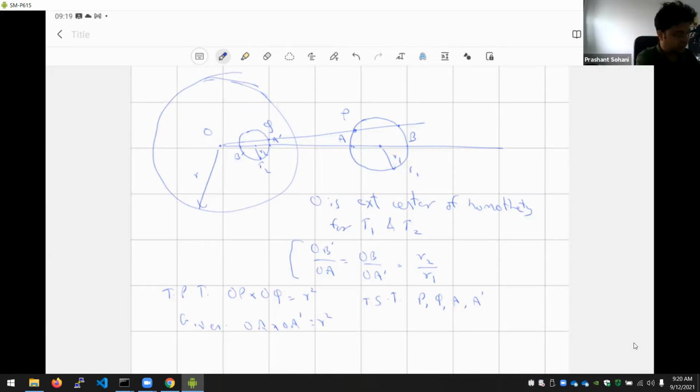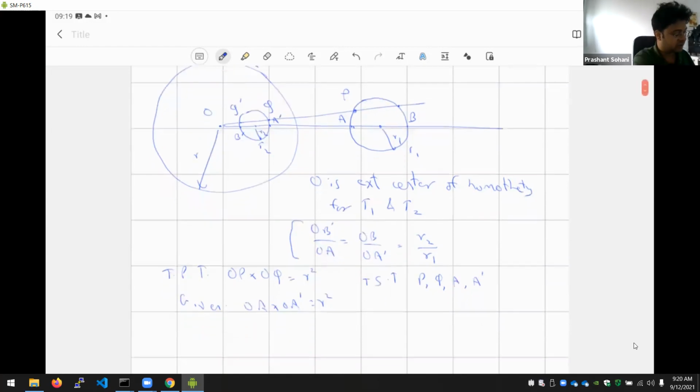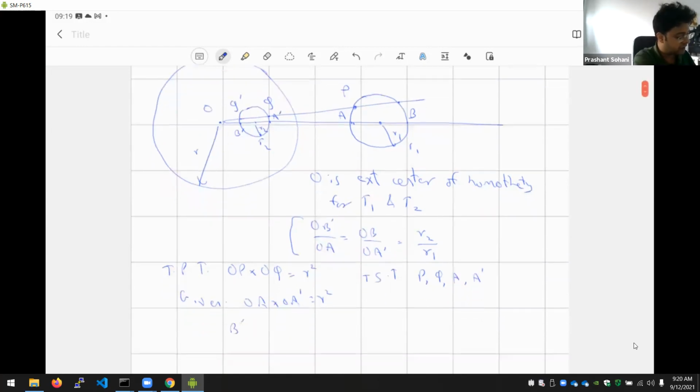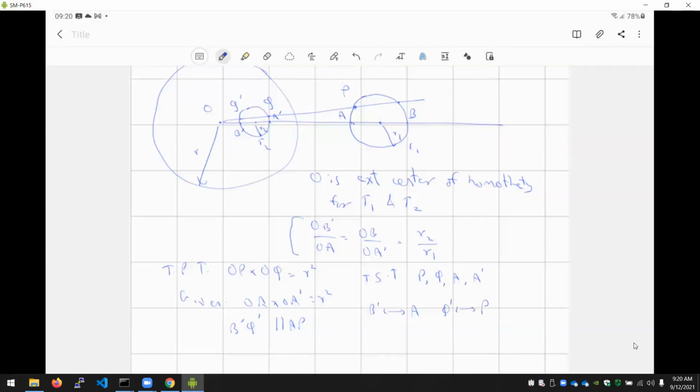So yeah, because O is the center of homothety, if I consider the second point Q dash, I think that is what we had used, right? Basically, because of homothety, B dash Q dash is parallel to AP, because B dash and A are corresponding and Q dash and P are corresponding under this homothety. Yes, sir. And then now we can use the angles,